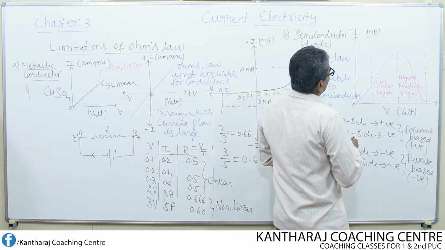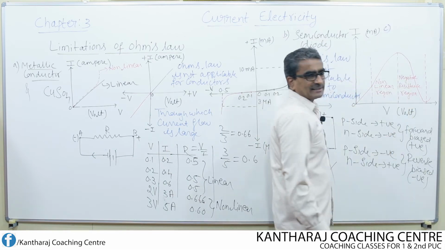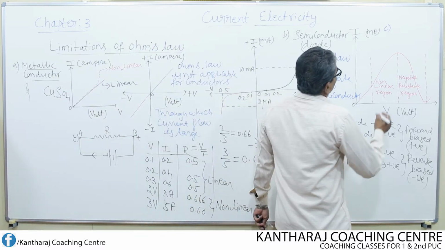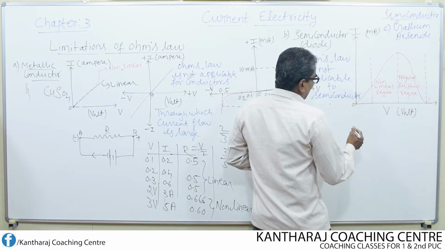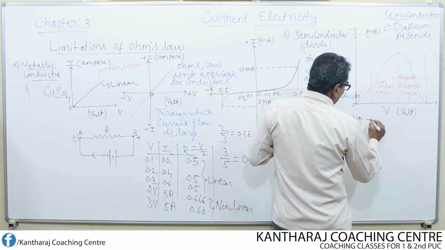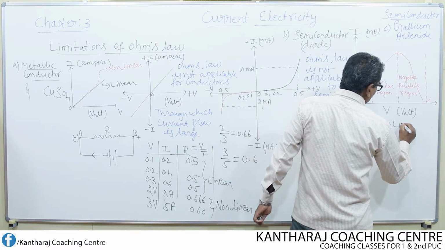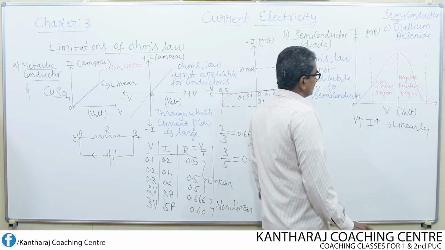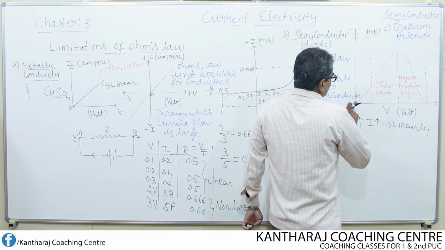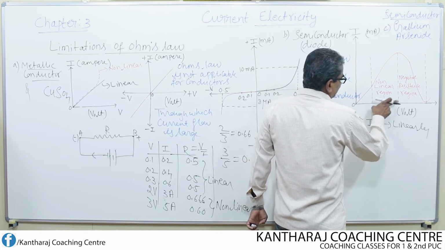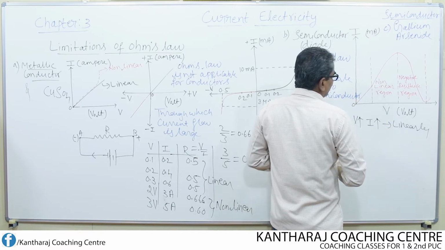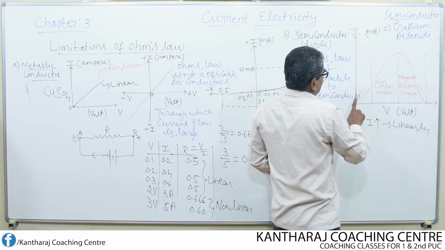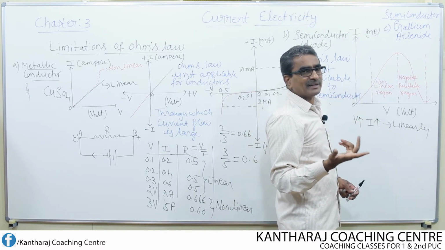So, the third graph is with respect to once again a semiconducting device, nothing but gallium arsenide. As you increase V, I also increases linearly. We have studied that already here. We understood. Look here. Up to this, we are getting a straight line. If you increase the voltage, current also increases. Look here. Moving like this means voltage is increased. Moving like this in the upward direction means current is increased.